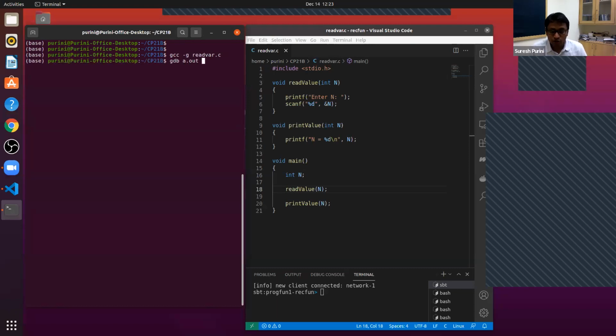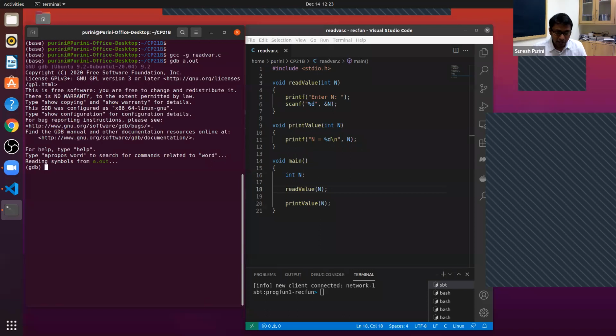I compile the code using the -g option and run gdb a.out. Something funny happens as we go through this code.